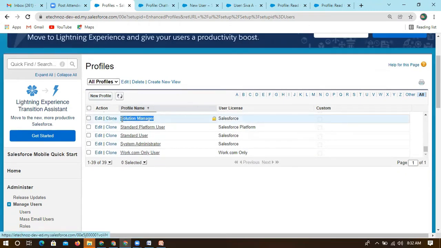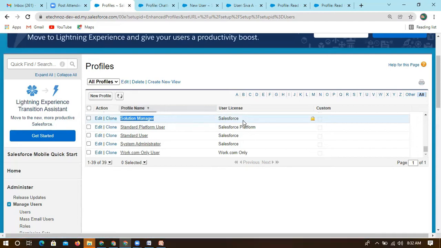Let's take, I have a solution manager, but I don't want to use this solution manager. I want a copy of solution manager which is almost similar, almost 80% or 85% of what I was expecting. Let's say I don't want to give access to hospital me, and within this solution manager also there is no access to the hospital me application. Likewise, whatever I want is within this solution manager. Simply, I just need to quickly clone this.